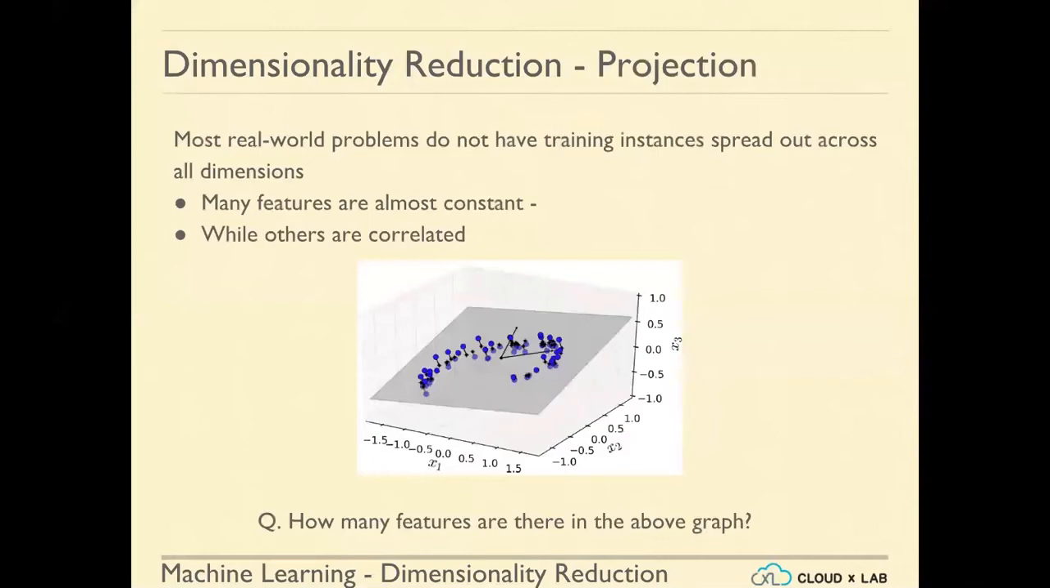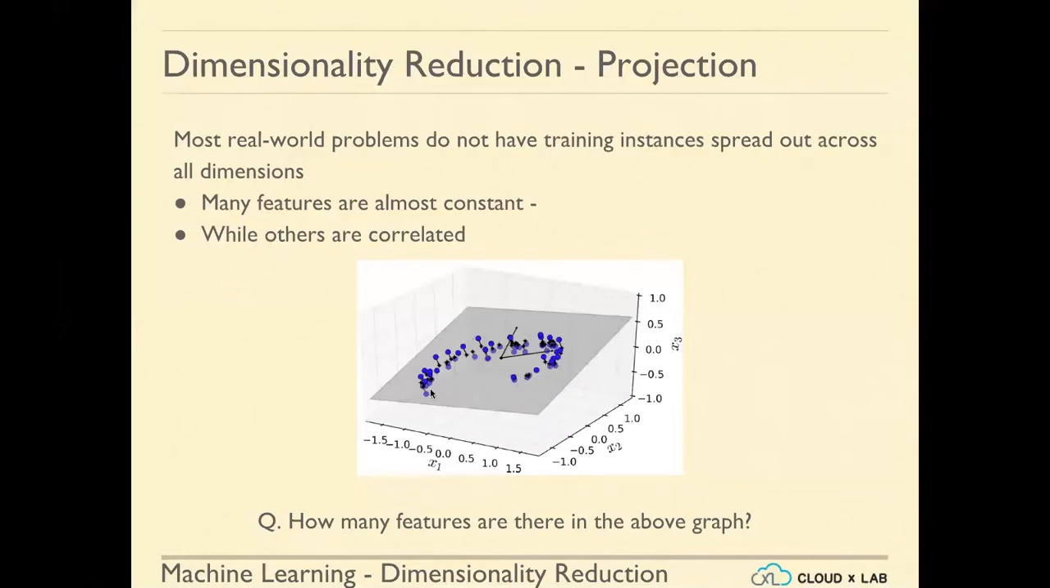Most real-world problems do not have training instances spread across all the dimensions. This is good news, that many real-life data sets don't have instances in all dimensions. Many features are almost constant in some of the dimensions, meaning those features have no correlation at all, while the others are very heavily correlated. Let's take a look at this one. Here you can see that across this particular tilted plane in 3D, the values are hardly varying,